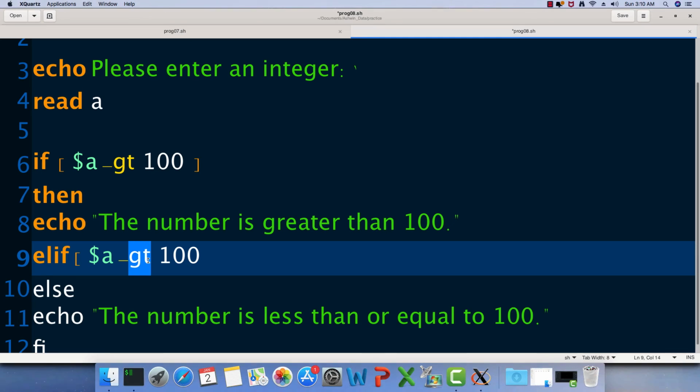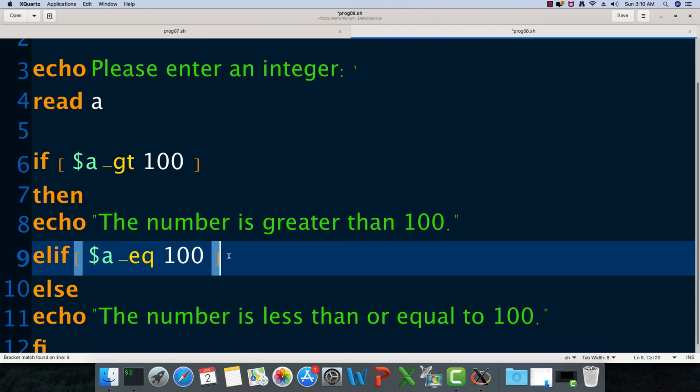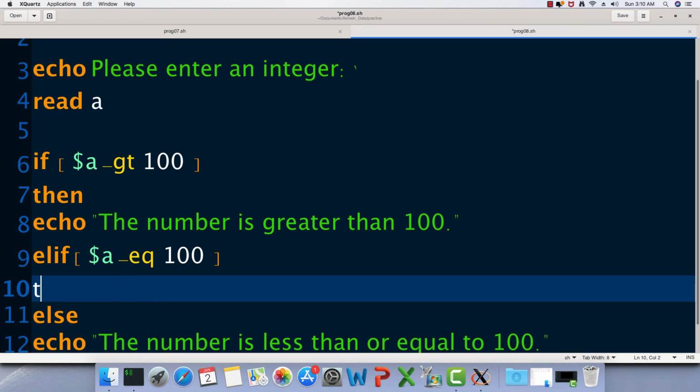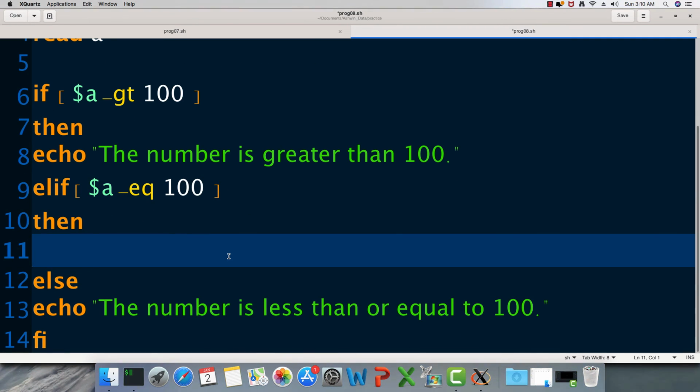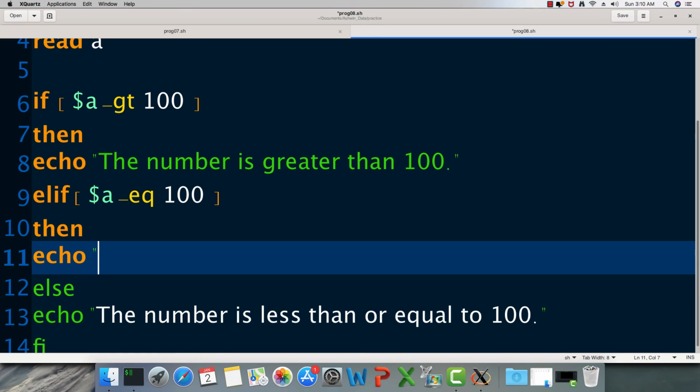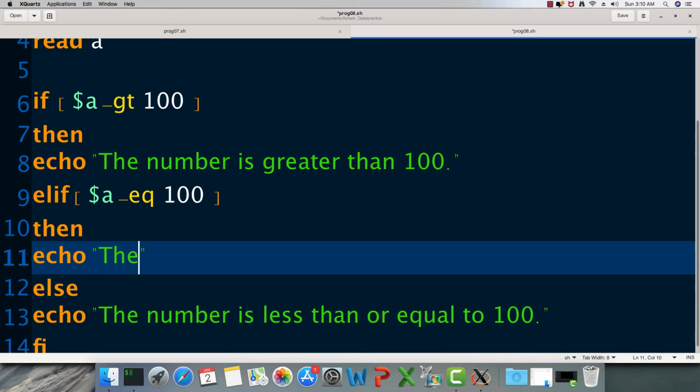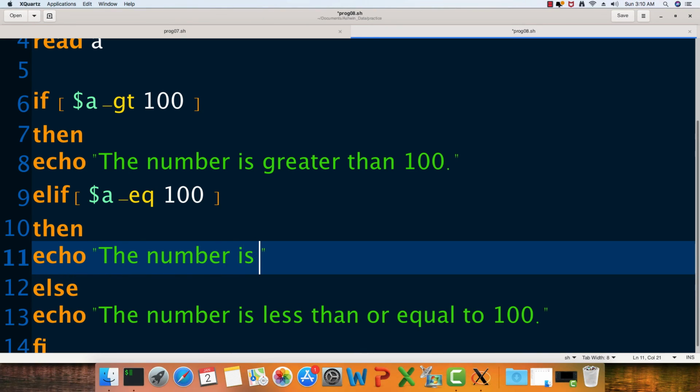So here hyphen eq means equal to, then echo the number is equal to 100.